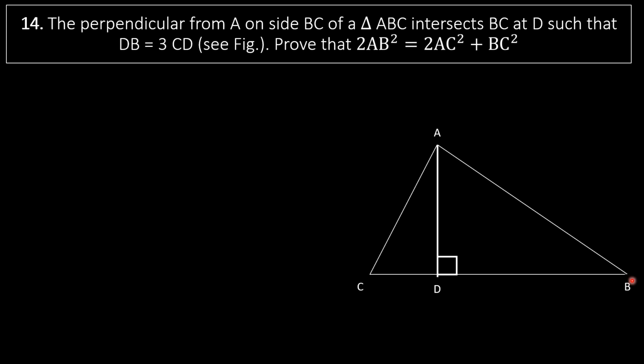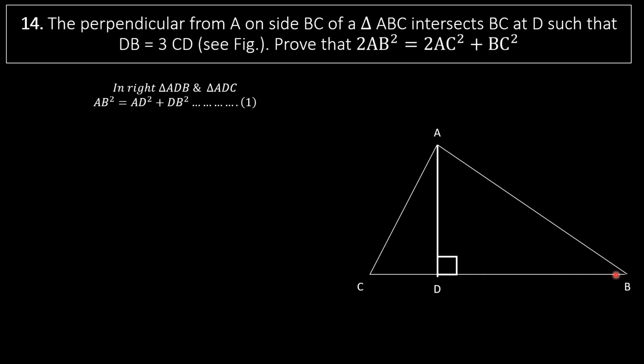So ABC triangle, perpendicular from A on BC, such that this DB is 3 times the CD. We need to show that twice of AB square is equal to twice of AC square plus BC square. That's all. Now in right triangle ADB, this ADB and ADC, in these two triangles, AB square is equal